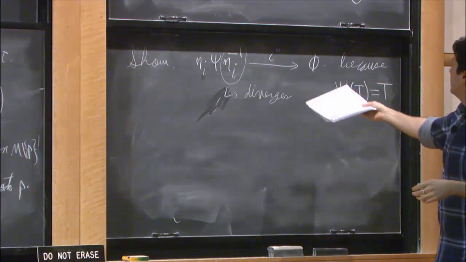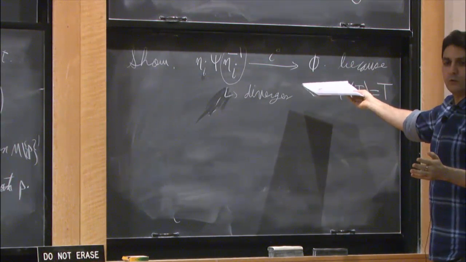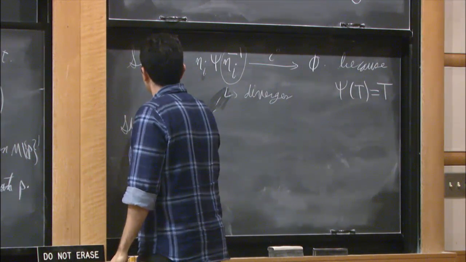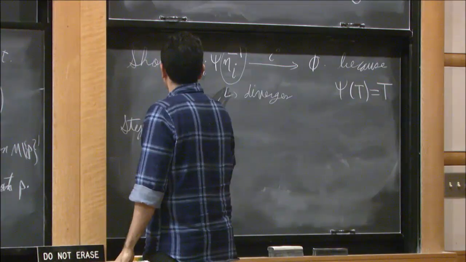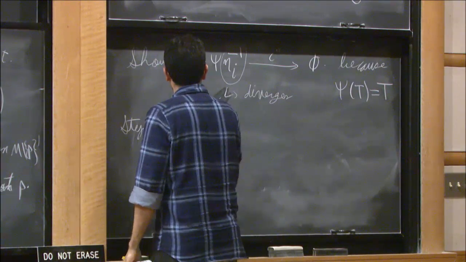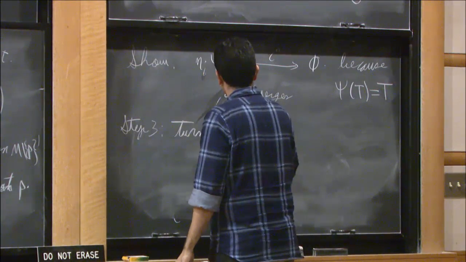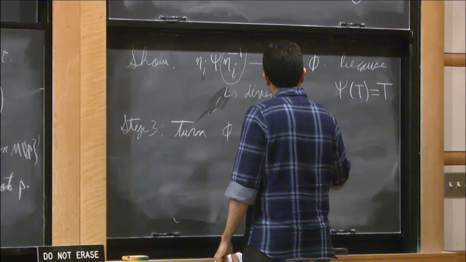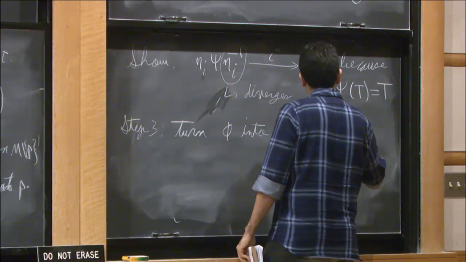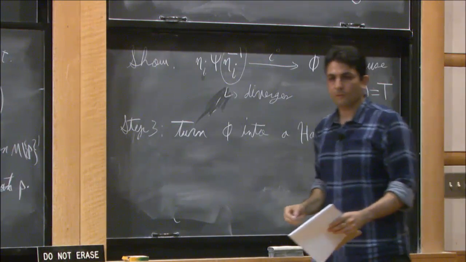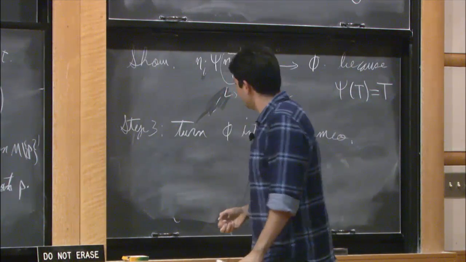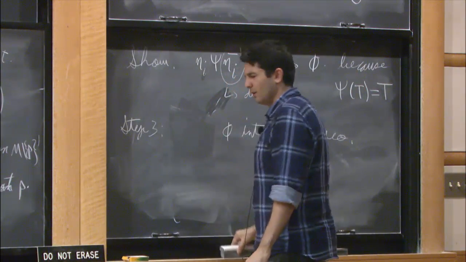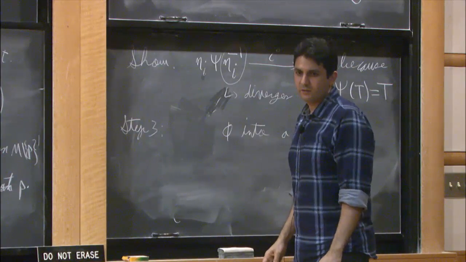So clearly this phi is in the closure of Hamiltonian homeomorphisms. And then there is a next step, which I won't say anything about. Step 3 is you turn phi into a Hamiltonian homeomorphism. So you play some tricks, and it turns into a Hamiltonian homeomorphism. Because phi is already given, actually, we modify it.